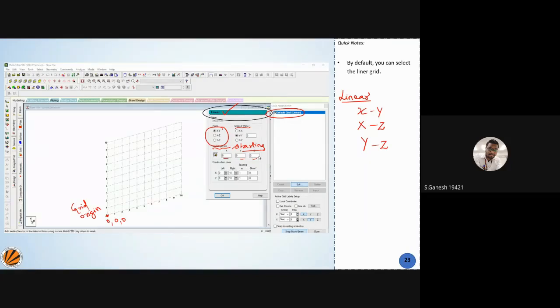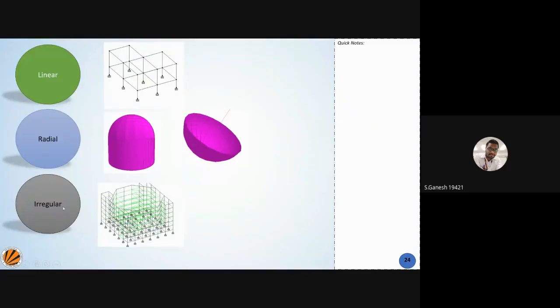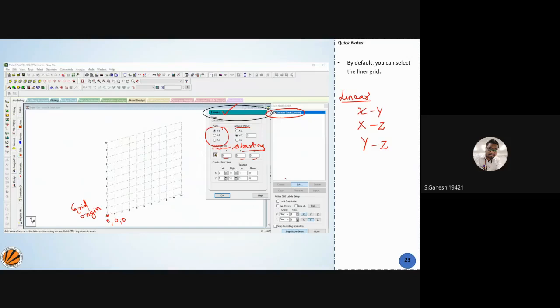In the second stage, what you have is construction lines and spacing, which you want to know about. Let me explain linear, radial, and irregular. When you click on this edit or create, both will help you understand.